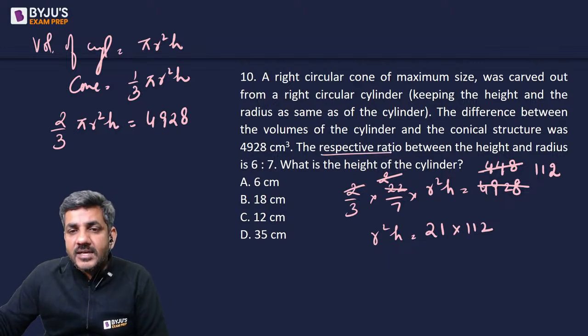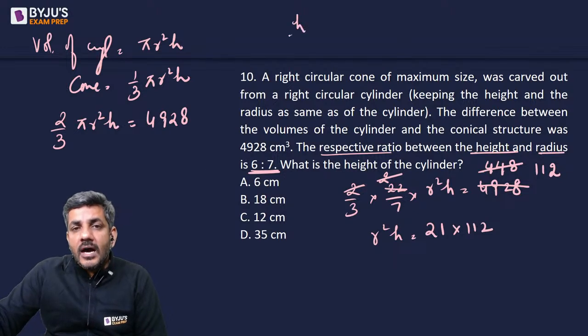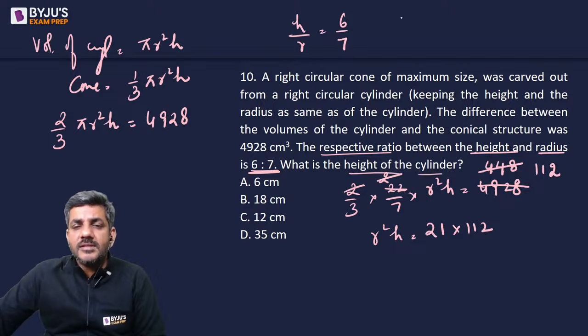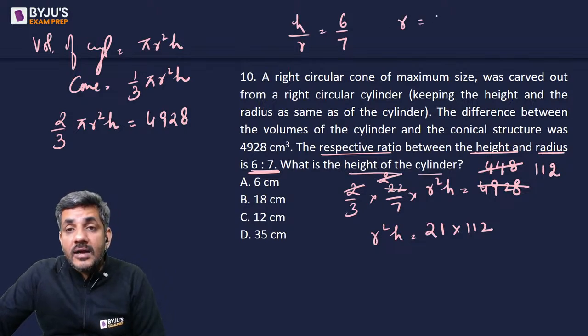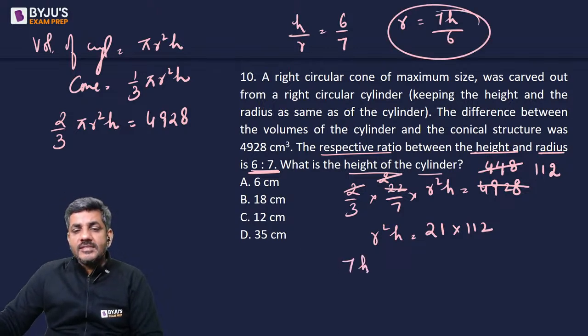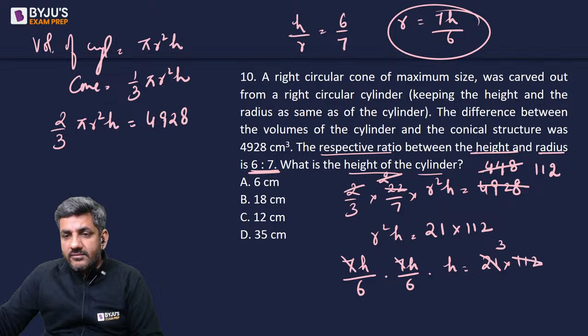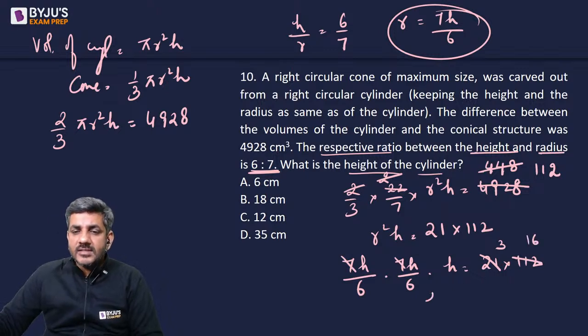Question now says the respective ratio between height and radius is 6:7. So height divided by radius is 6/7. And the question says what is the height? Height बताइए. So let's calculate the value of r in terms of h. It is r = 7h/6. तो r की जगह मैं 7h/6 लिख देता हूं. So r square is 7h/6 into 7h/6 into h is 21 into 112. चलिए डिवाइड करते हैं. 7 3s are 21 and 7 16s are 112. तो यहां से मेरे पास आ रहा है h cube is equal to